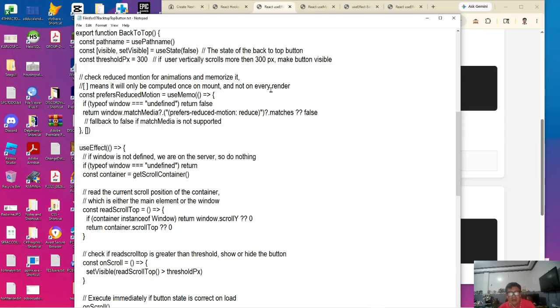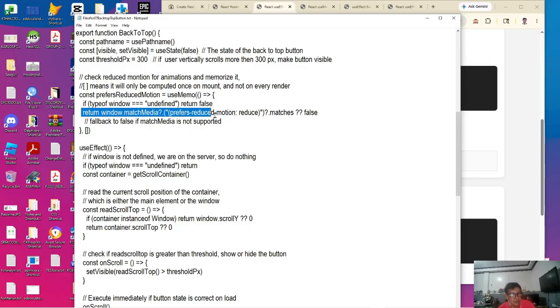Now, we will set the reduce motion. When you are scrolling, because we are going to scroll up during the click of the button, we'll have to reduce the animations. That's a property called prefers-reduced-motion in the window in every HTML element. We set it as useMemo so that we will know.